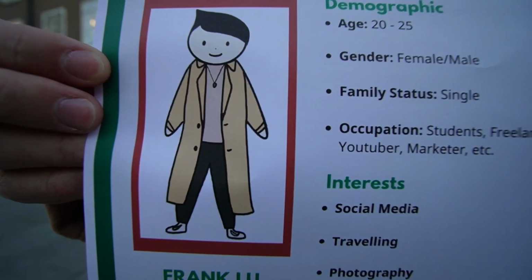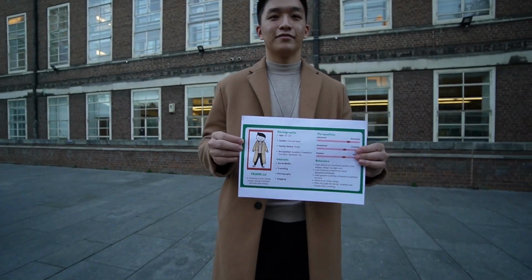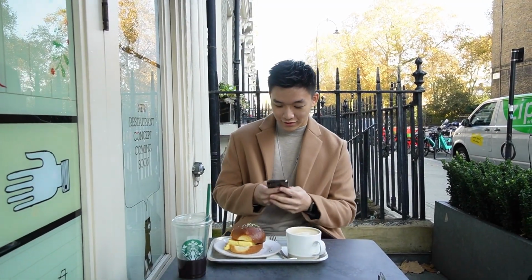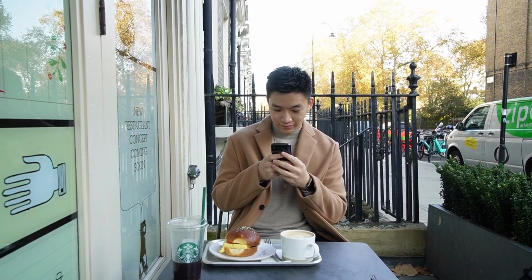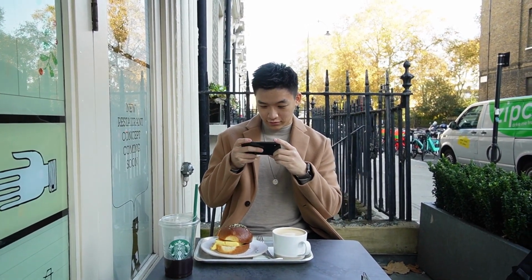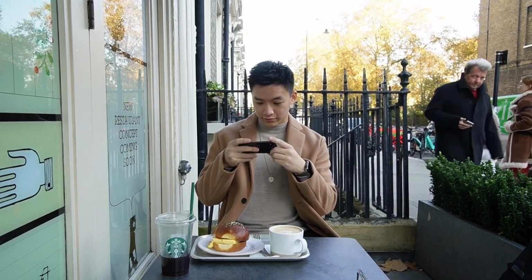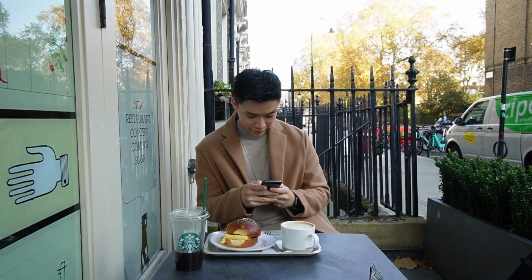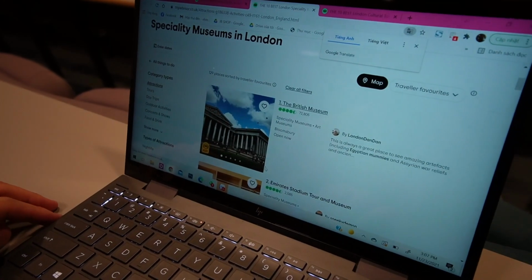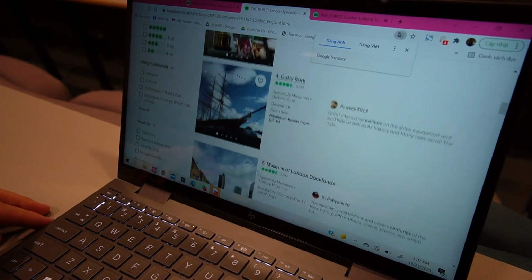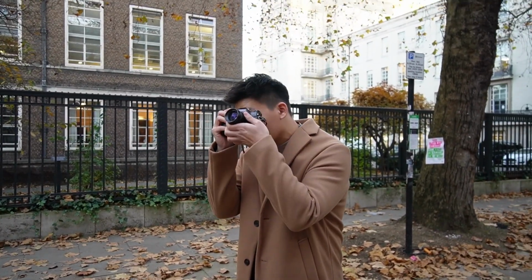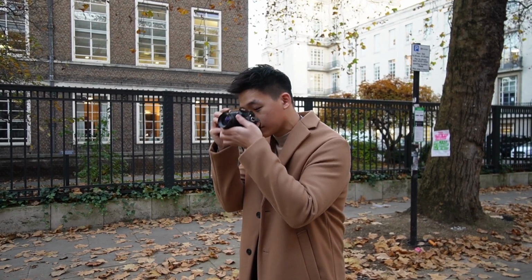The first persona is Frank, a young Taiwanese tourist visiting London during the Christmas and New Year holiday. He's a young extrovert with an active lifestyle and a high inclination towards creativity. Some of his major interests include social media, traveling, photography, and vlogging. Being a tourist in a foreign country, Frank has some specific behaviors. He seeks advice on traveling websites like TripAdvisor or Design My Night. He looks forward to exploring native experience and lifestyle. He often checks in on social media like Facebook or Instagram,